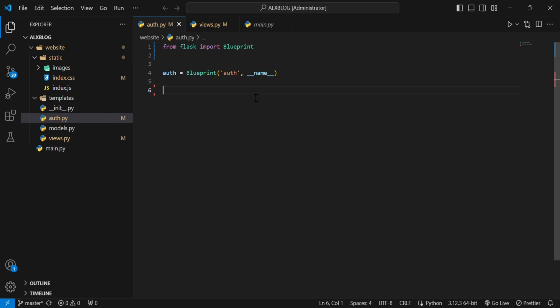So last week we were able to start our Flask app and create our templates, but we've not been able to use those templates yet, and this week that's where we're going to be starting from. So this week we'll be creating the routes for our website. The first thing I would want to do this week is to actually create